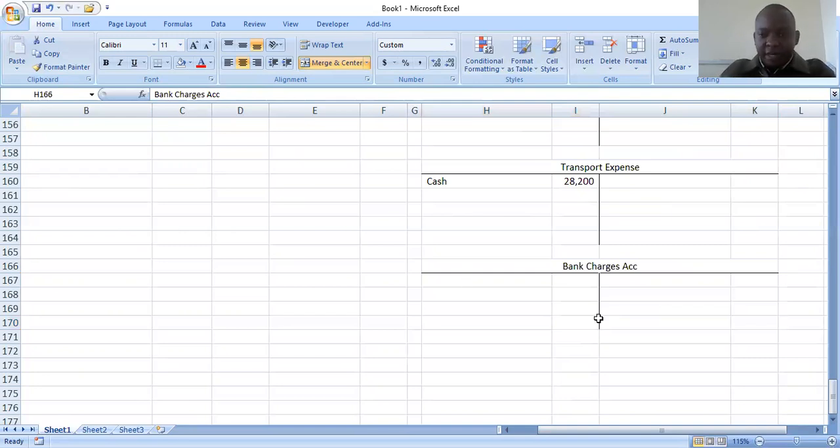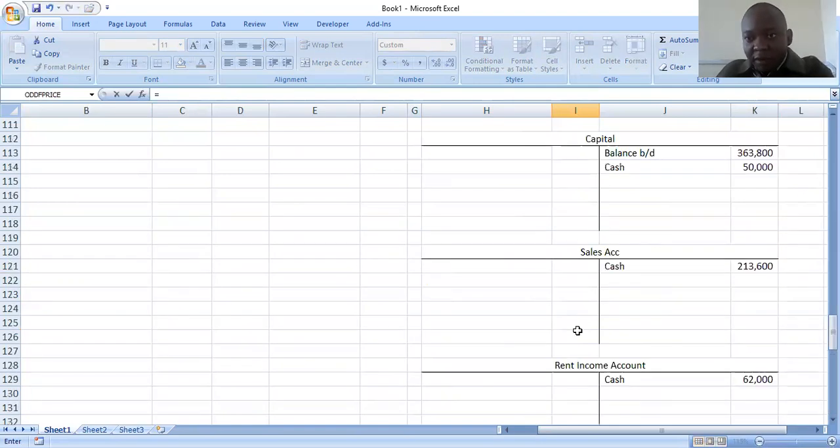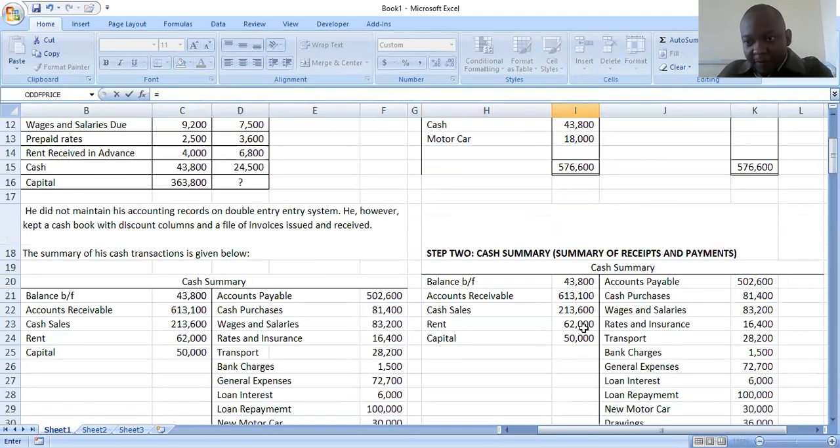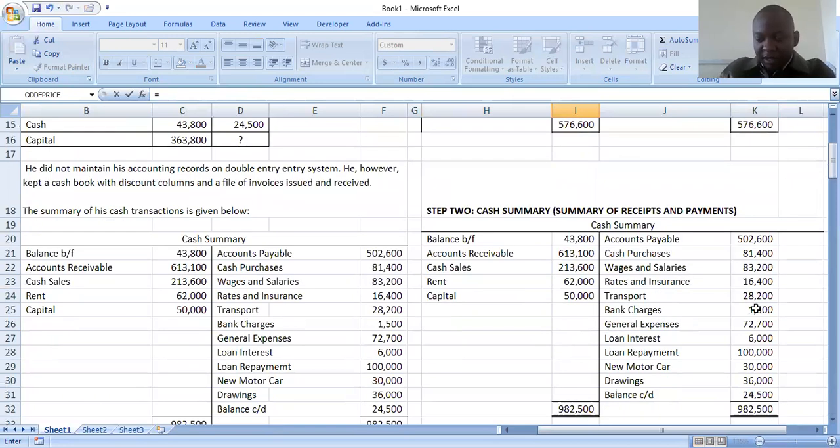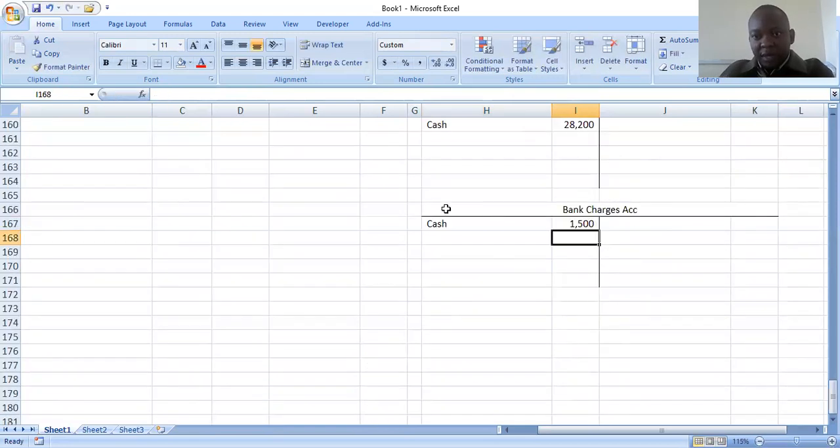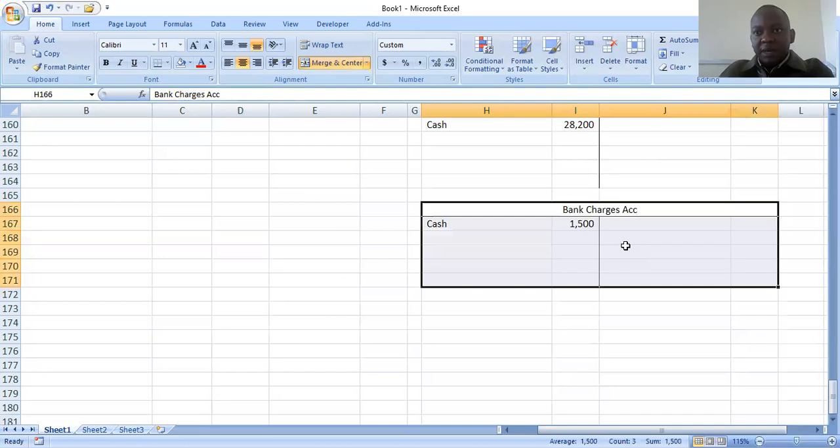Since cash has been credited on the other side, bank charges is an expense. So expenses, whenever they increase, you're supposed to debit. In this case, they are being paid, they're increasing, so we debit. So bank charges, the amount from the summary of receipts and payments is 15,800. So like that. Then we have the other